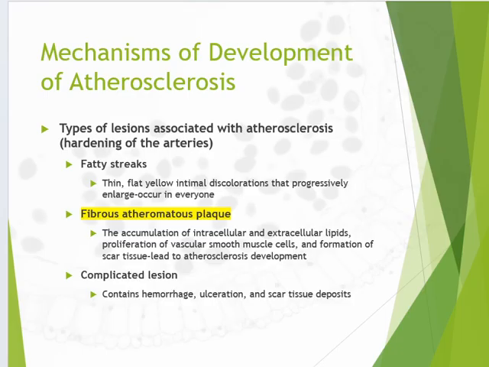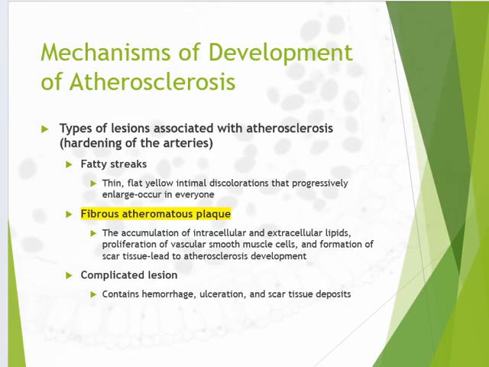Remembering that atherosclerosis is defined as that hardening that we see of the arteries. One type of lesion are what we call fatty streaks. They are thin, flat, yellow, intimal discolorations that progressively enlarge, and these really occur in everyone. We find them in children, and often by about 20 years of life, they either start to recede or they might start to progress. But they're not necessarily definitely going to lead to atherosclerosis, but in some may progress to different types of lesions